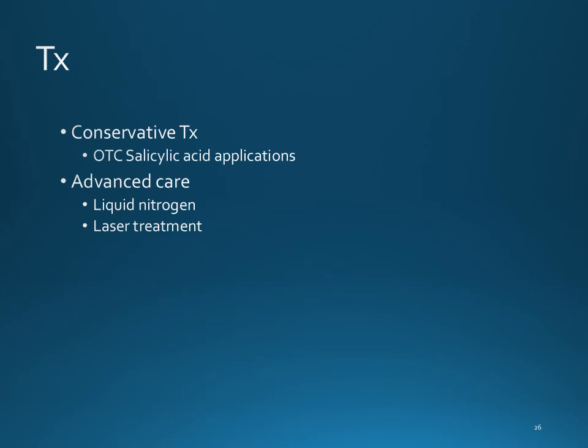So for HPV outbreaks, one of the things that we want to try to do is try over-the-counter salicylic acid applications. Those either come in patches or liquid, and you just simply put it over the top topically of the wart. What really happens over time is that it moistens the outer layer of the wart. When you pull that off, sometimes it pulls layers of that.